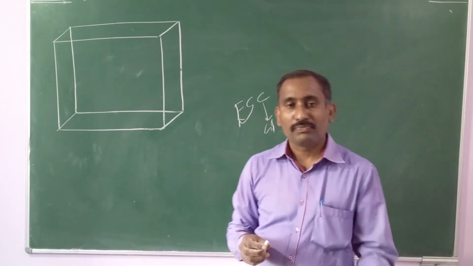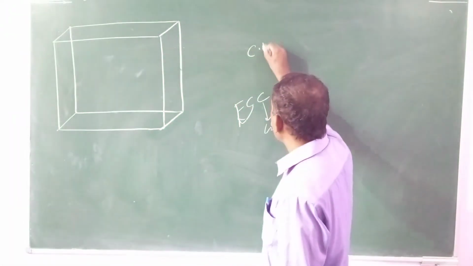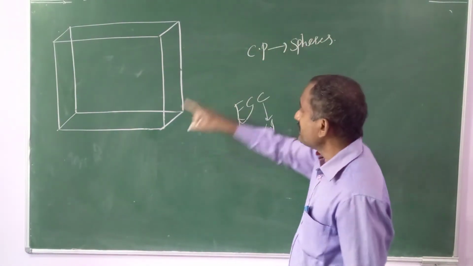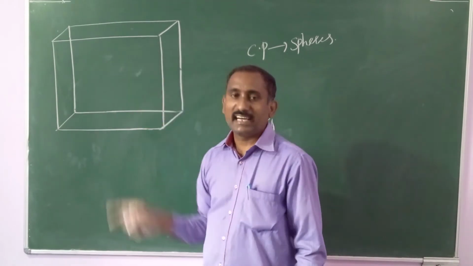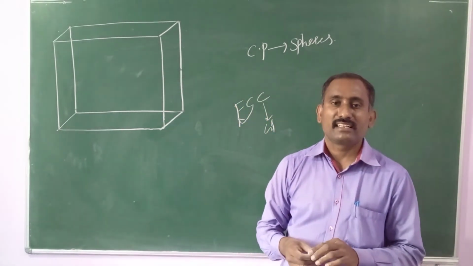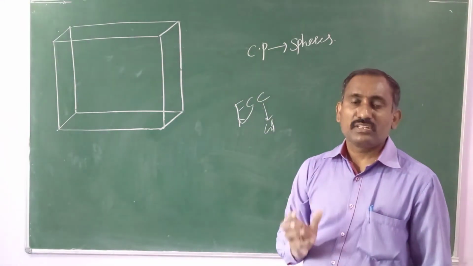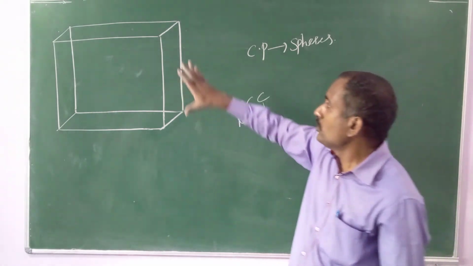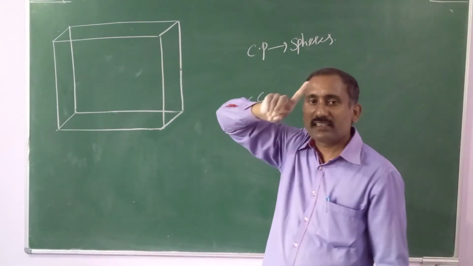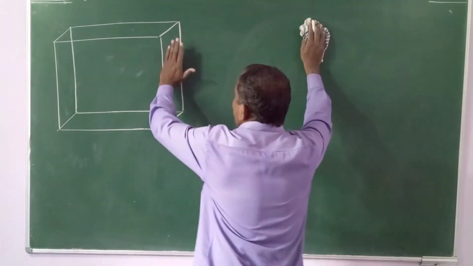Therefore we have to show 8 constituent particles, nothing but spheres. Constituent particles we are assuming as spheres. Therefore 8 spheres we have to show at 8 corners and 6 spheres at 6 face centers. If we show 8 spheres and 6 spheres, the diagram is a complicated diagram. Hence, in order to derive, one side is enough for us. That's why I am considering only one side.